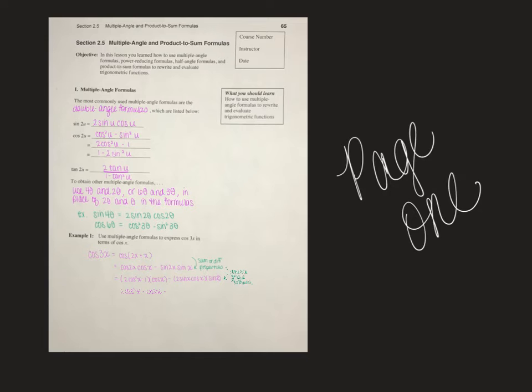Now I'm going to distribute my sine of x, so I have 2 sine squared x cosine of x. So all I did between our two steps here was just distribute. All right, so now we need to keep working on this problem. So I still see a sine of x. I need to get rid of that. So my first couple terms are just going to stay, so I'm just going to rewrite them. So I have 2 cosine cubed of x minus cosine of x minus 2, and we need to replace